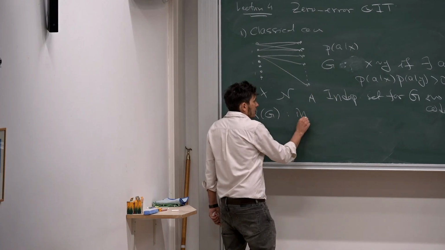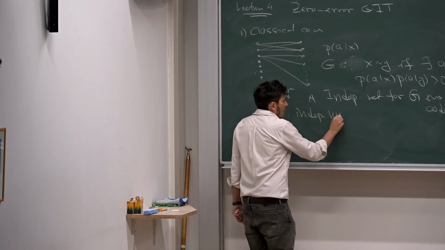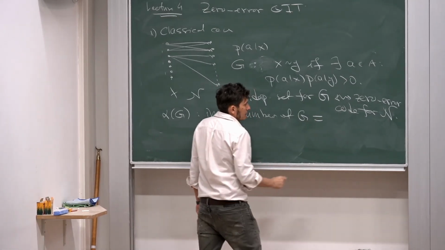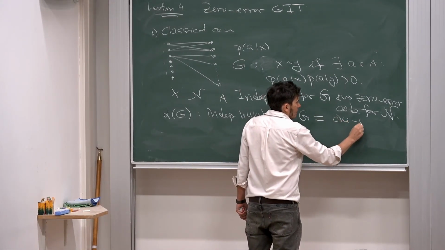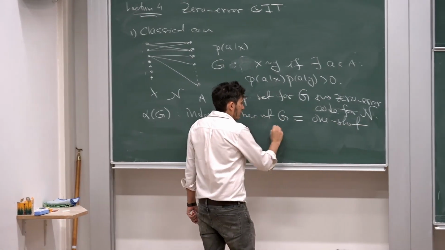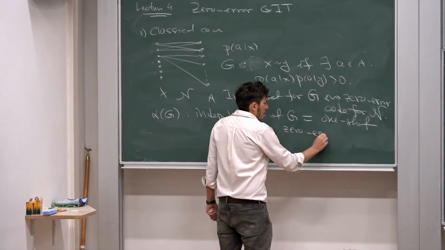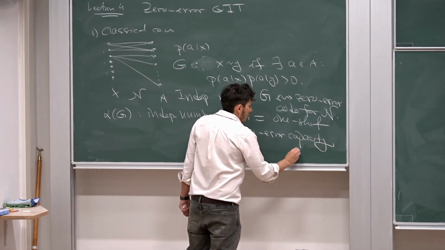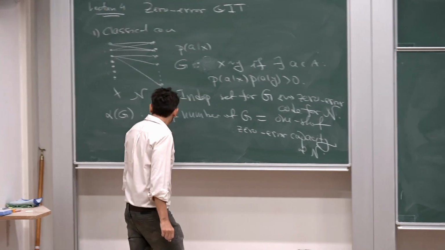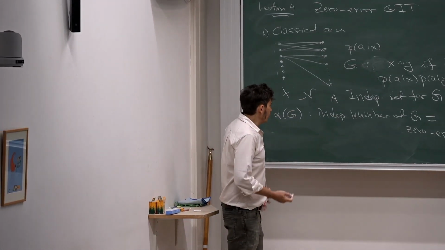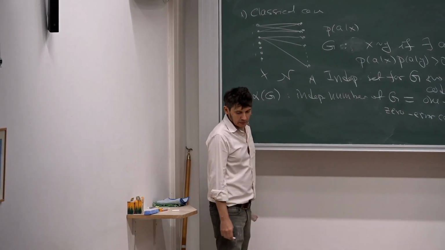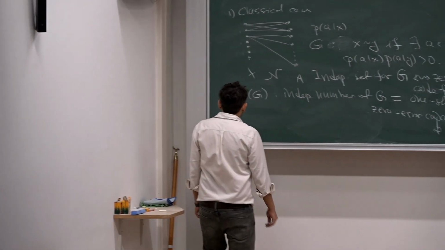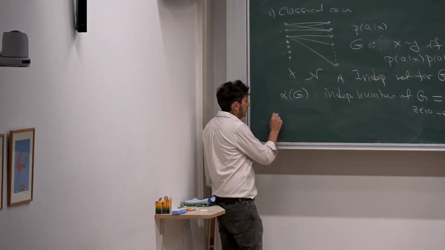Right? So independence number of G is the same as one-shot zero-error capacity of the channel N. This is the one shot when you apply the channel once, and as always in information theory, you want to apply a channel more and more. So if you apply the channel twice,